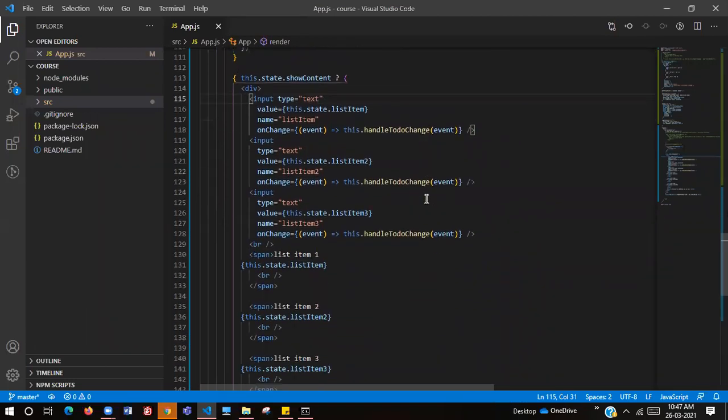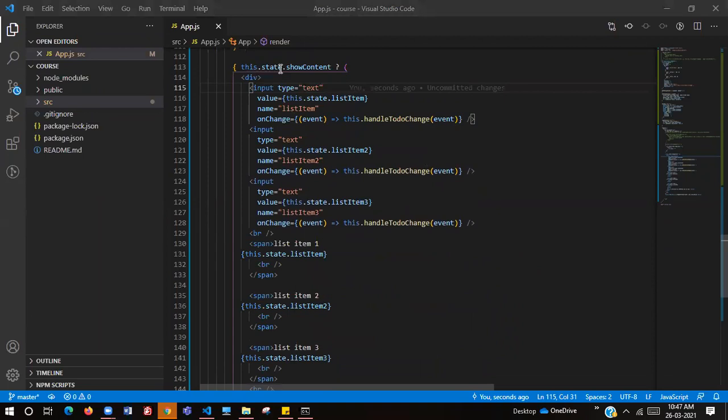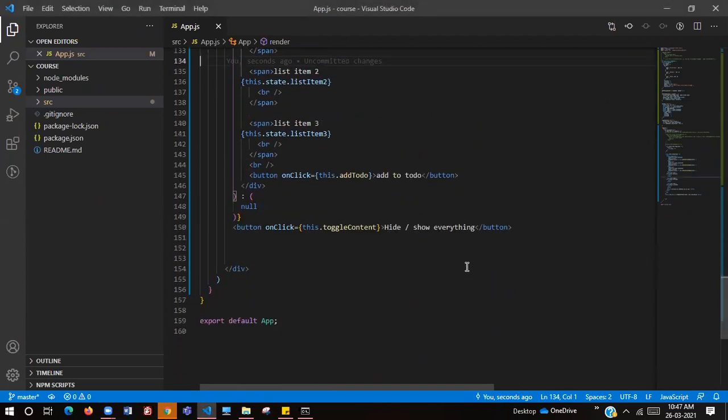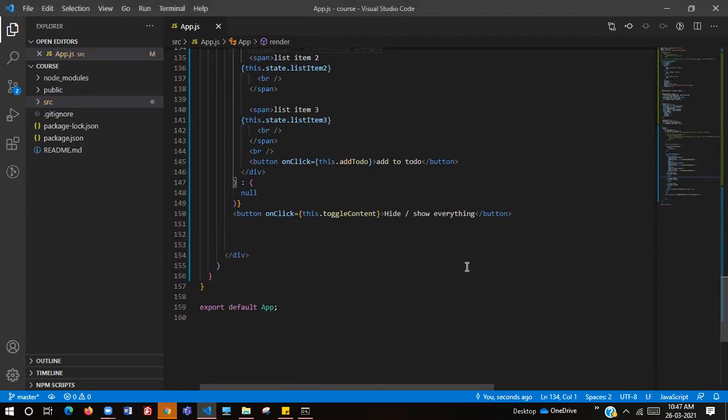That's okay. So now you guys understood how we use this.state, how we use conditional operators, the ternary operator, and how we use it to hide or show the content, toggle content. Any doubts till now? Let me know. I'll explain it to you again if you have any doubts.